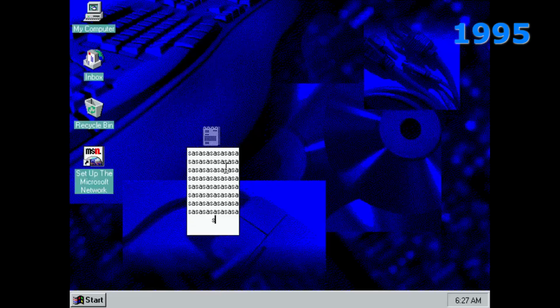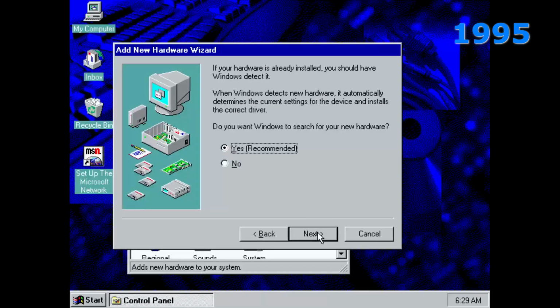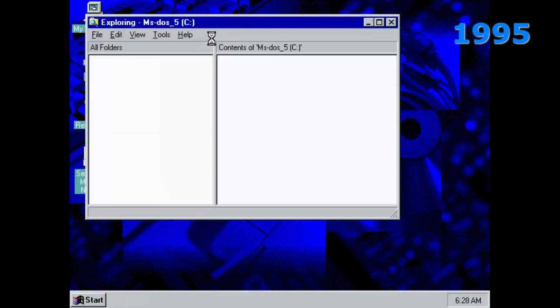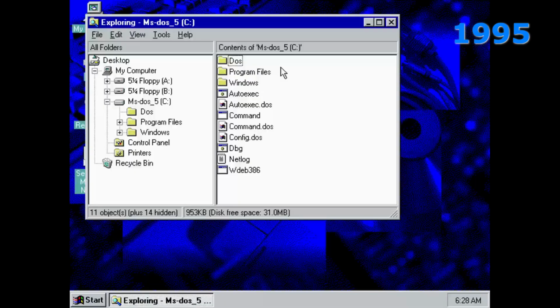Windows now had 32-bit support. 32-bit file names could be up to 256 characters long, and plug and play was introduced, where you could just plug in a device and suitable drivers would be attempted to be installed automatically. Windows 95 was praised for its new interface and ease of use, though it had its stability concerns and network limitations.